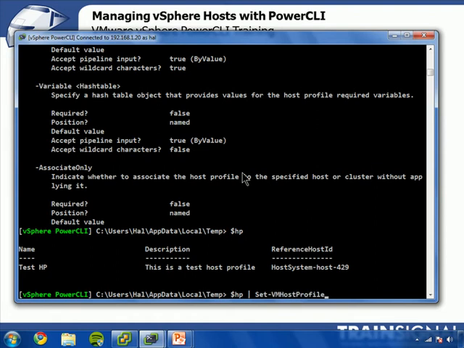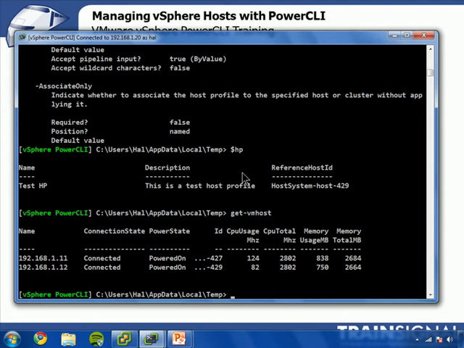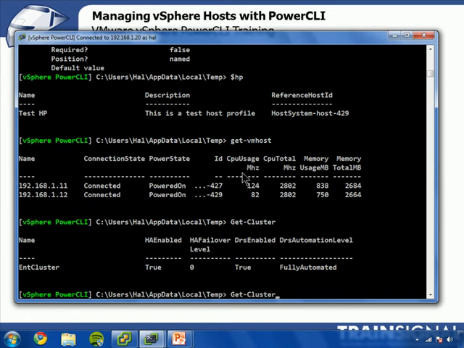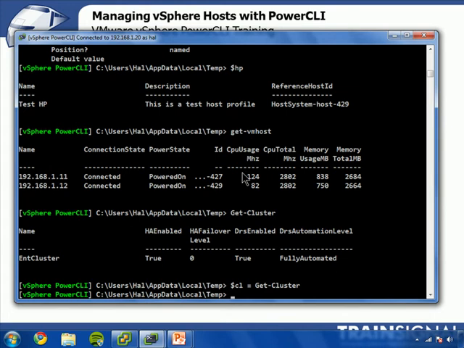And before I do that, actually, let's remind ourselves what we're working with. Okay, instead of working with the host, let's apply it to a cluster. Got one called ent cluster. Let's call it CL. So now I've assigned that to a variable. So we're going to do HP, pipe that to Set-VMHost